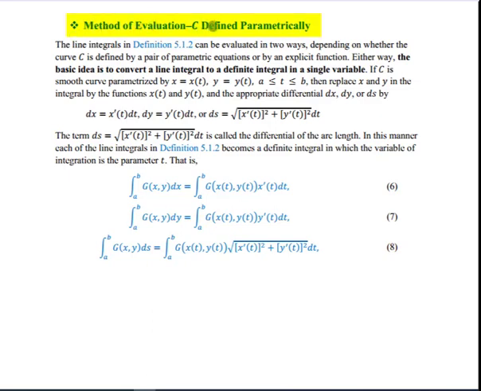Method of evaluation: C defined parametrically. The line integral in definition 5.1.2 can be evaluated in two ways, depending on whether the curve C is defined by a pair of parametric equations or by an explicit function. Either way, the basic idea is to convert a line integral to a definite integral in a single variable. If C is a smooth curve parameterized as x = x(t), y = y(t), t from a to b, then